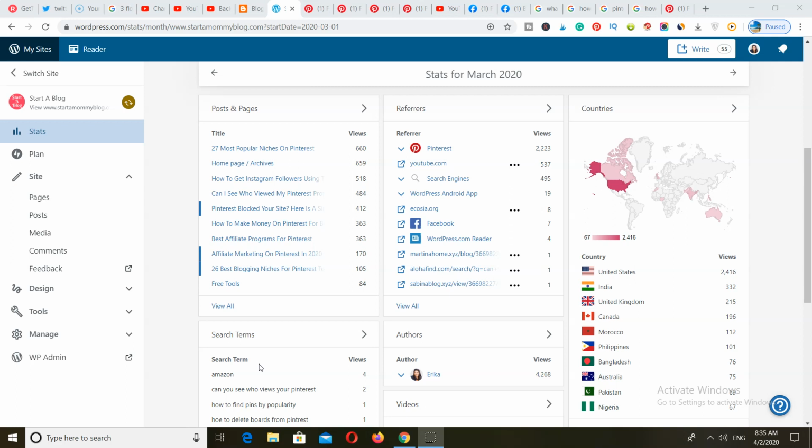So let's say, for example, I have this pin. It's about how to make money on Pinterest for beginners. Now, I ranked this pin on Pinterest for two different keywords: how to make money on Pinterest in 2019 and how to make money on Pinterest for beginners. Now, this particular post was ranking at the top in my analytics, and it was driving me a lot of